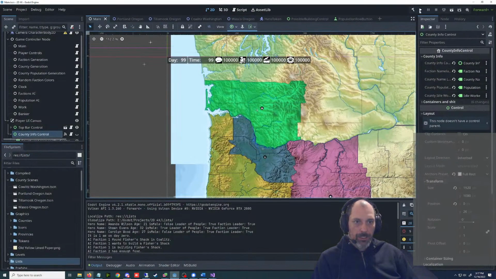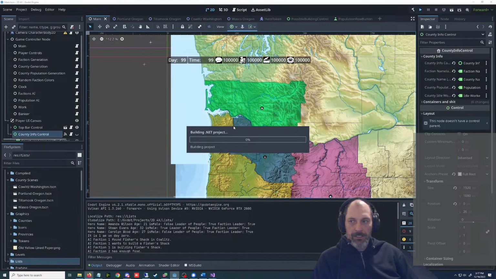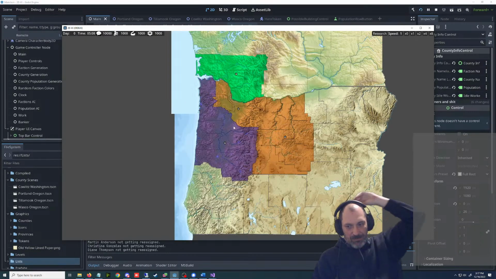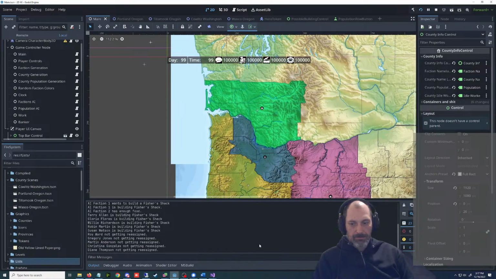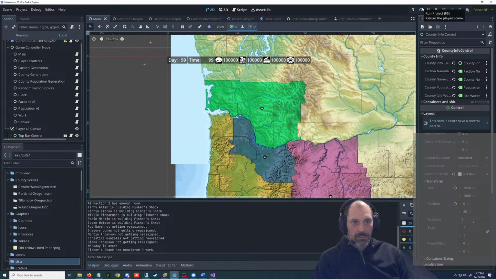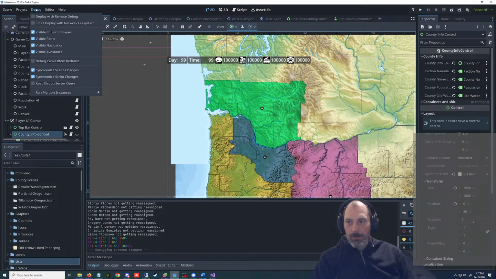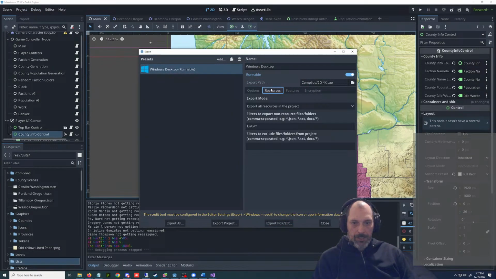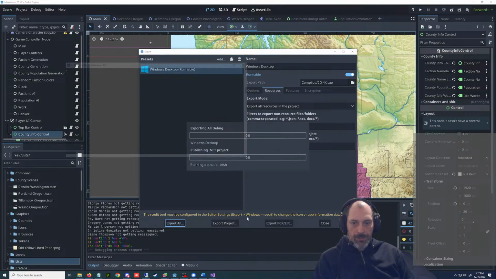Let's make sure this works here. I hate when I do this, when I find some puzzle right before I'm about to end my stream and call it a day. All right, that works. Maybe it was the globalized path thing that was messing it up. Let's look at my resources. List. Export all. Debug.